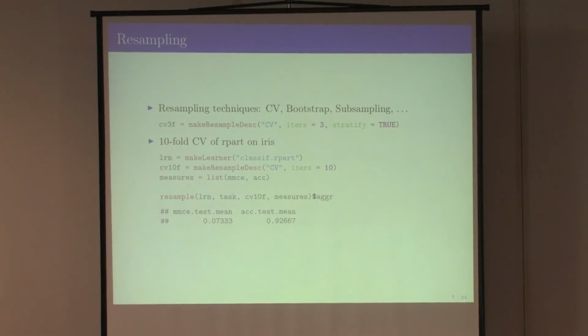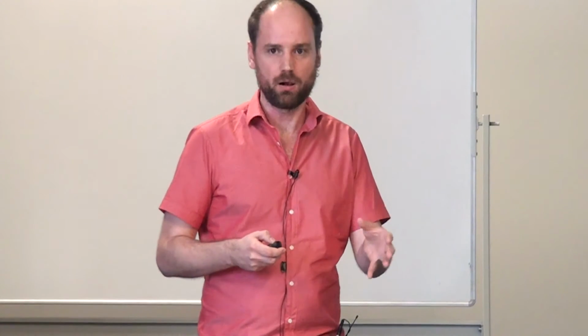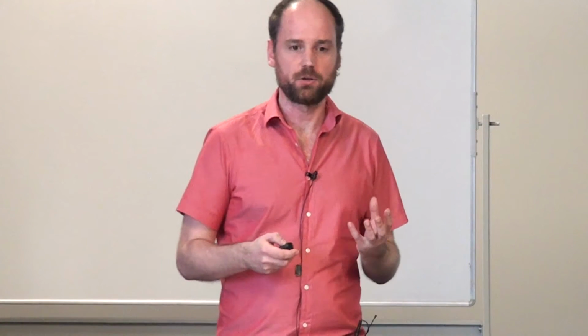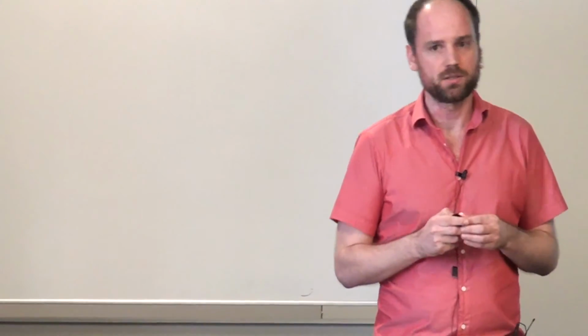Nowadays, we even have a shortcut for this, so you can just say cross-val and do a tenfold cross-validation or a 5-fold or whatever. Actually, for many of the things that I'm showing here today, there are nowadays shortcuts for interactive work. But the main aspect of the package is to have a clean interface so you're able to do everything you want. I should also mention that if a certain learning algorithm is not implemented, it's well documented on the web page how you do this.